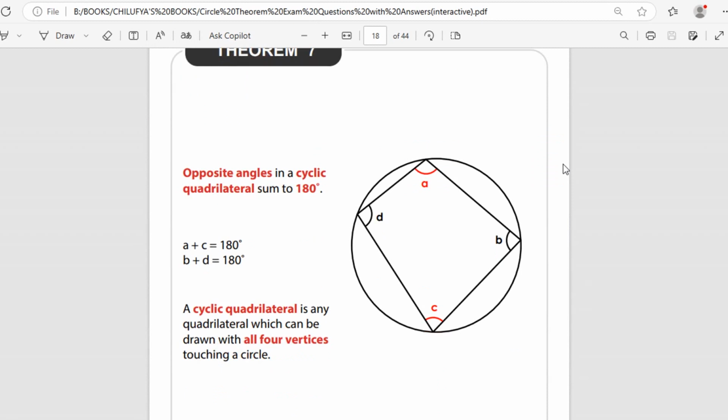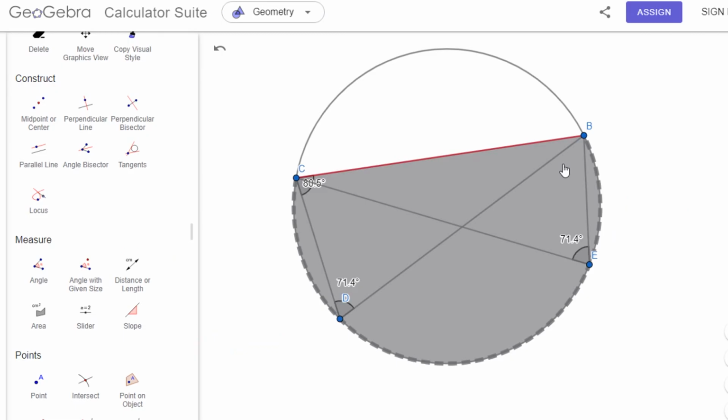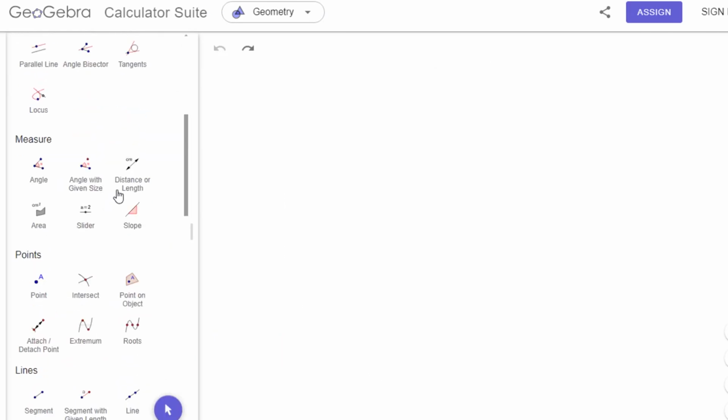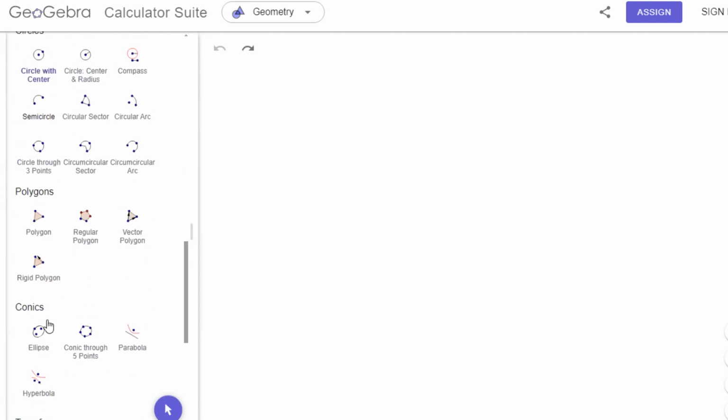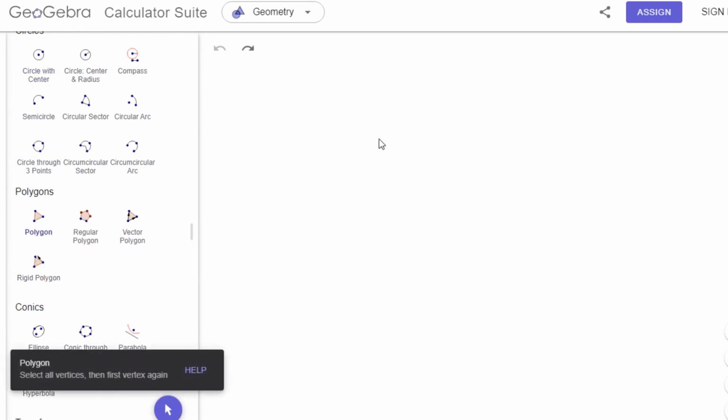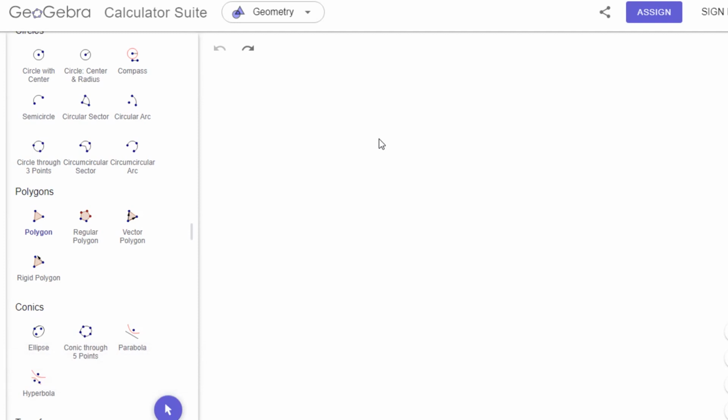Cyclic means that we are dealing with a circle. So we have different quadrilaterals. Let me go to our beloved app called GeoGebra. Before we deal with circles, let's just talk about quadrilaterals in general. A quadrilateral is just a polygon. By polygon we mean that it's formed by straight lines. So a quadrilateral is just a polygon with